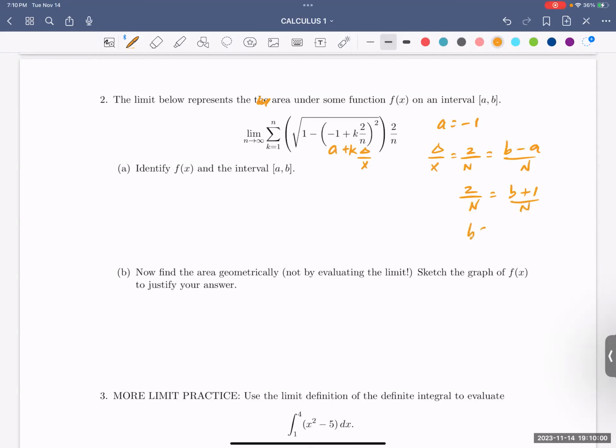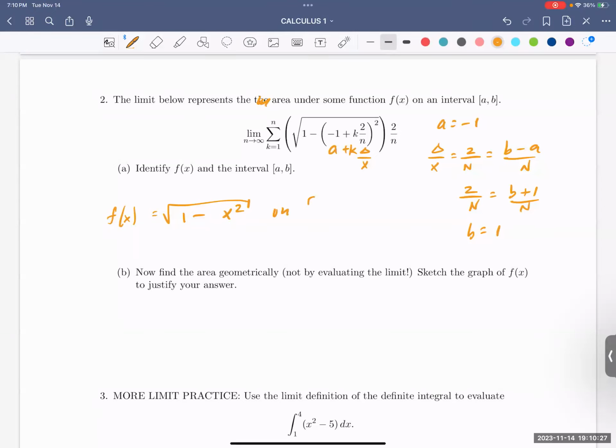B has to be a 1. So our interval goes from -1 to 1. And the function then is the root of 1 minus x squared. That's our function